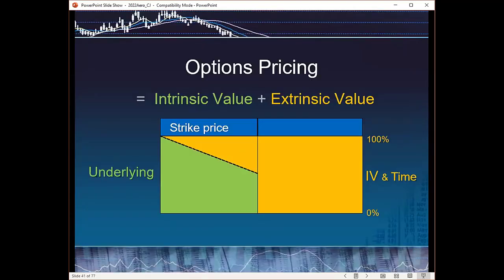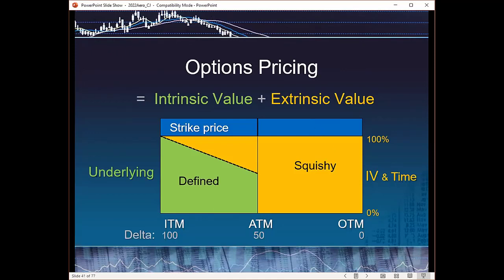Another aspect to keep in mind about options is there's intrinsic and extrinsic value. And the intrinsic value is very black and white defined. It's the difference between the in-the-money strike price and the current price of the underlying. That's simple math. That doesn't change other than when the underlying changes. On the other half of value, we have the extrinsic value in yellow, and I call that squishy, meaning that it can change dramatically as implied volatility increases and decreases, but also as time and time decay goes on and so forth.